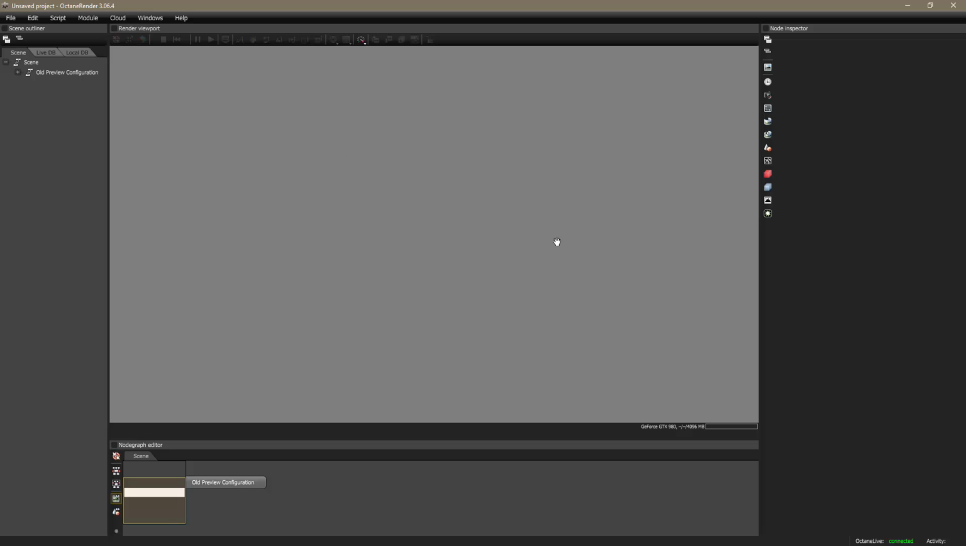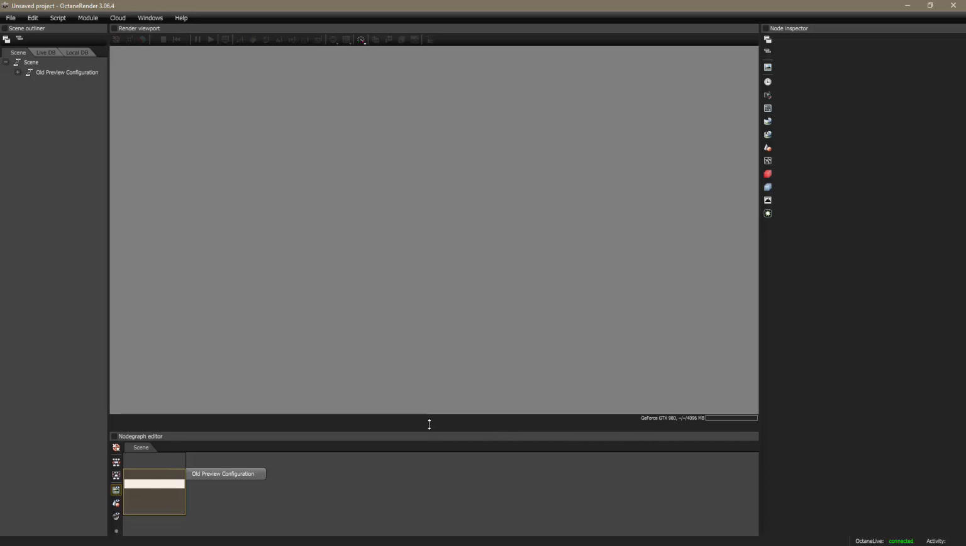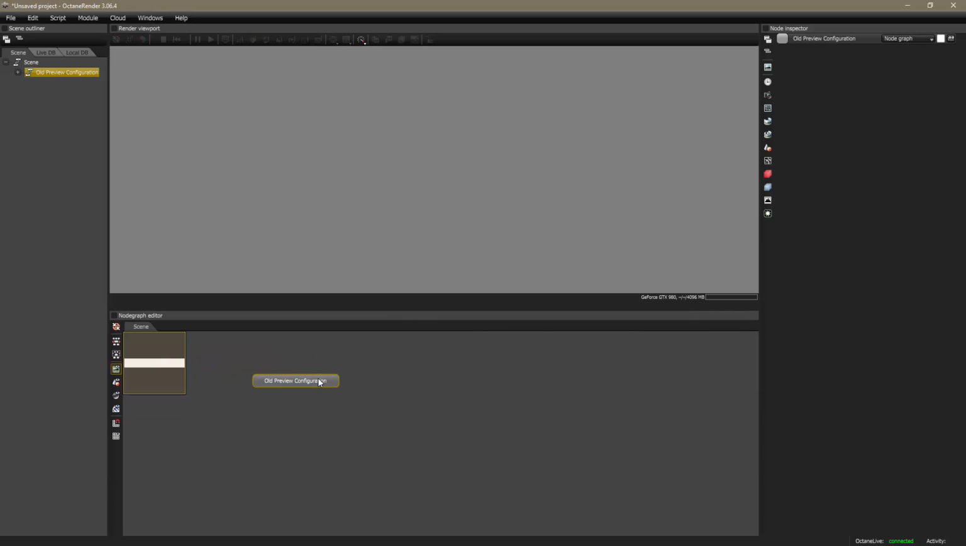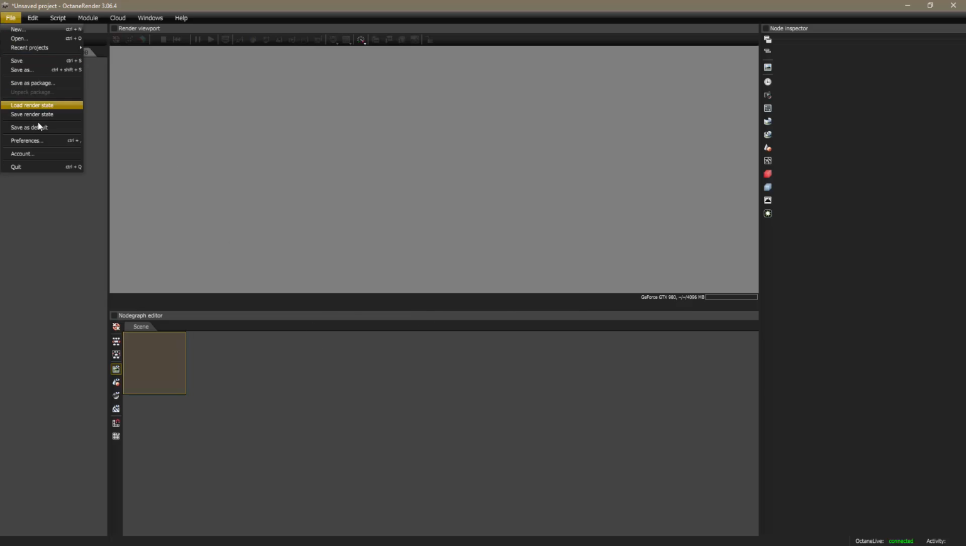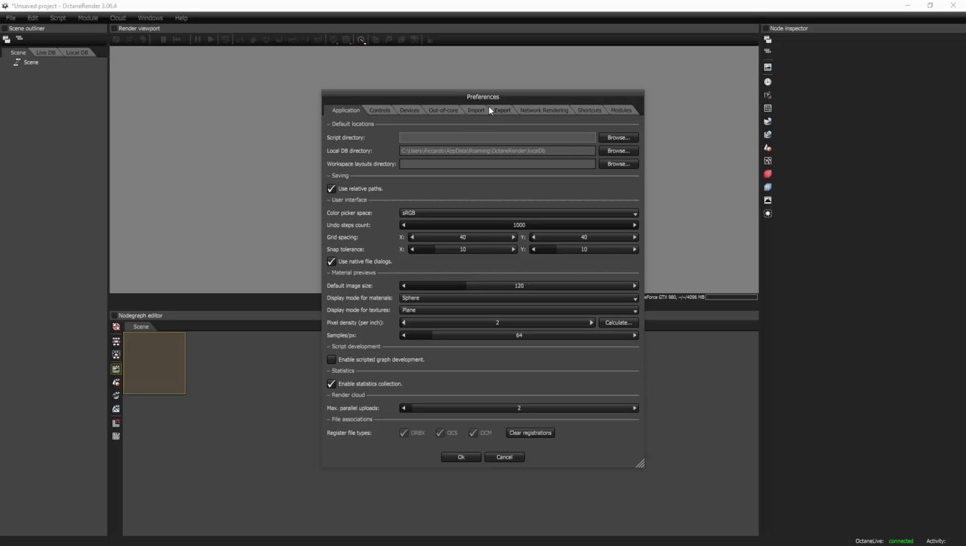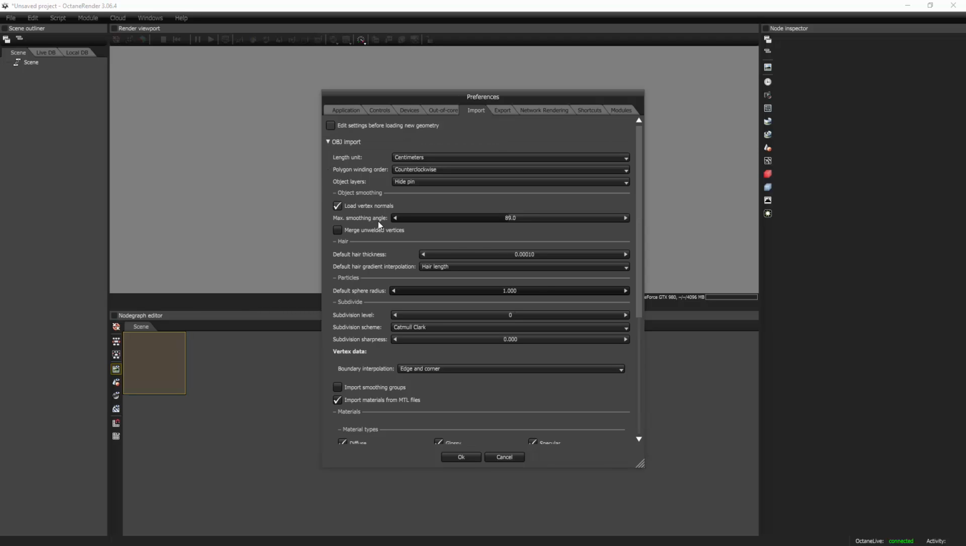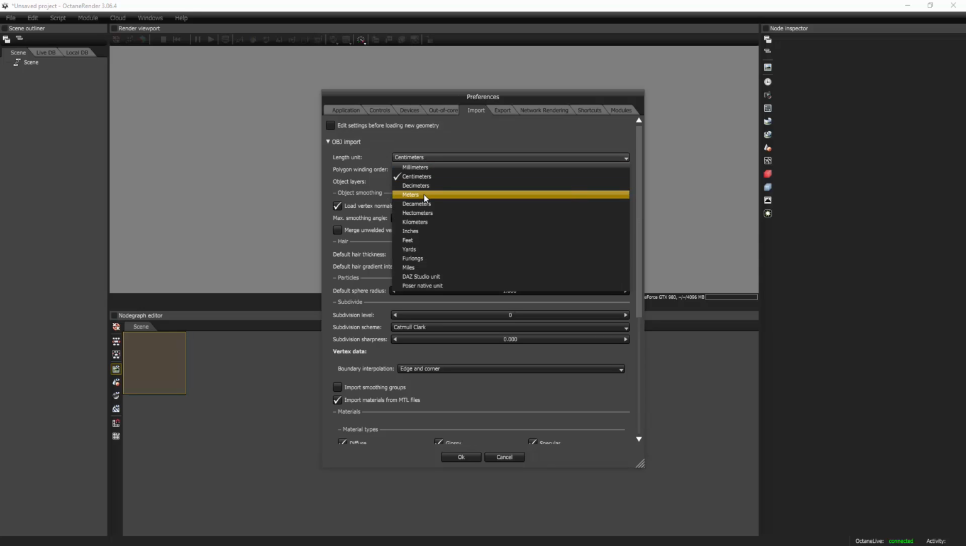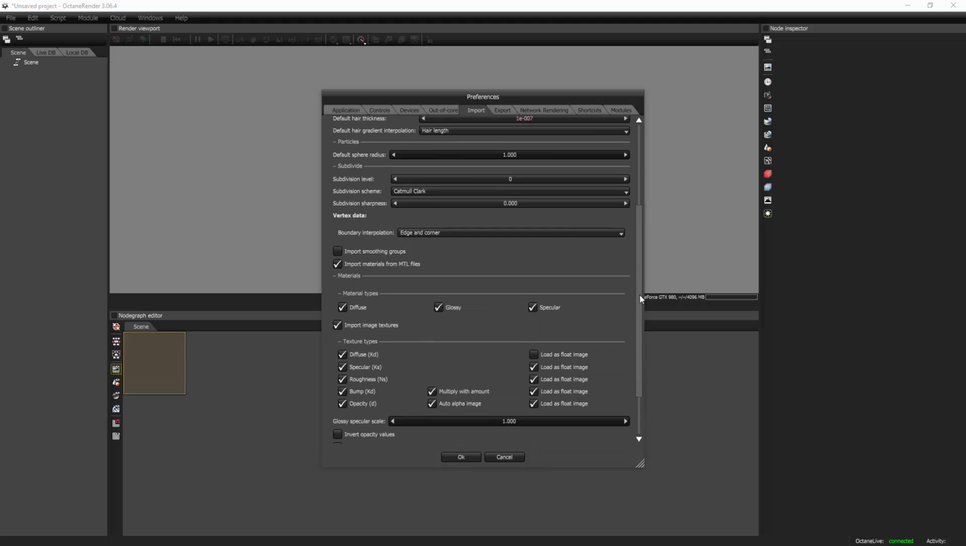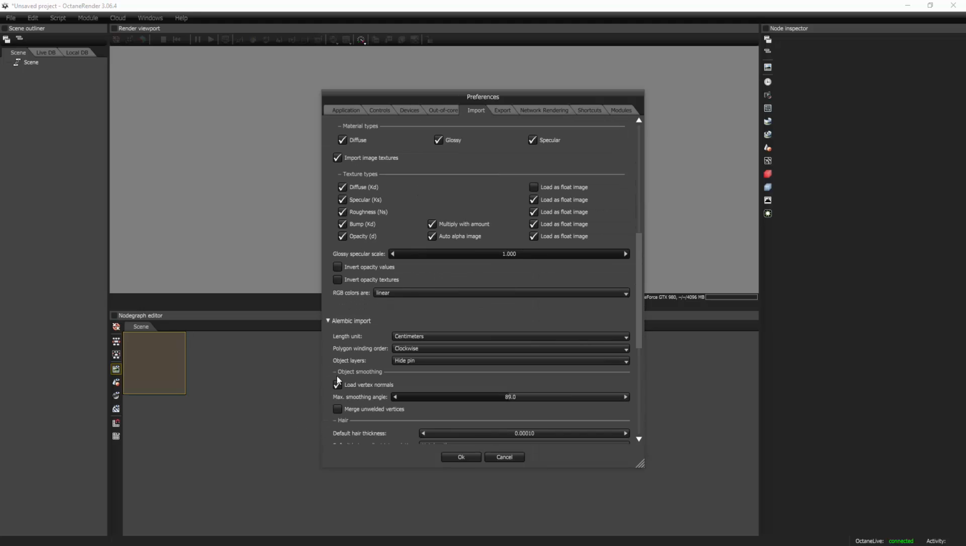Before we start import our geometry, there's one important thing that we need to do. And so first of all, let's get rid of this node. This is just for compatibility reason. We need to go to File and Preferences, and here in the import preferences, let's open OBJ import. We need to make sure that our unit is the same as the unit in Maya. So instead of centimeter, I'm gonna have to set to meters, and I'm gonna do the same for alembic,